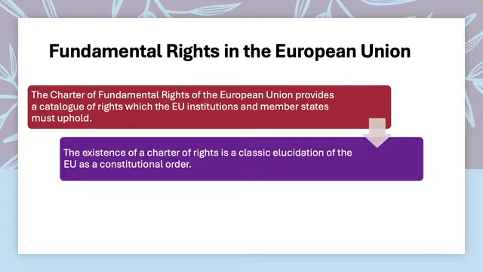This is the classic elucidation of the EU as a constitutional order, because when we think about what a constitution does, it protects individuals against arbitrary authority of the state. That's one of the things, when we study constitutional theory, that we think about: that exact rule and that exact principle. And so human rights and civil liberties factor very heavily into that consideration. And so the existence of a Charter on Fundamental Rights is a classic constitutional feature. The EU's regime then binds not simply states, but also institutions and individuals in a rights protective framework.